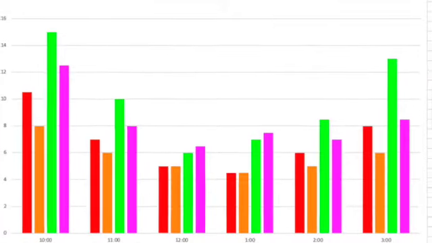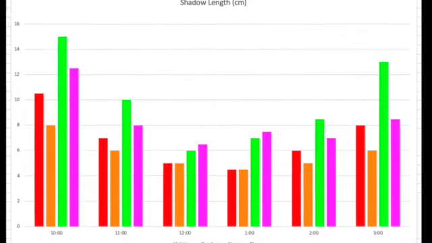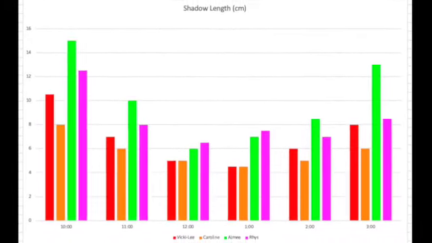Students then compare their graphs to other students in their group, and then to other groups to see the similarities and differences and if there are any trends in the data. The class then comes together as a whole to discuss their results and create a group graph of the whole